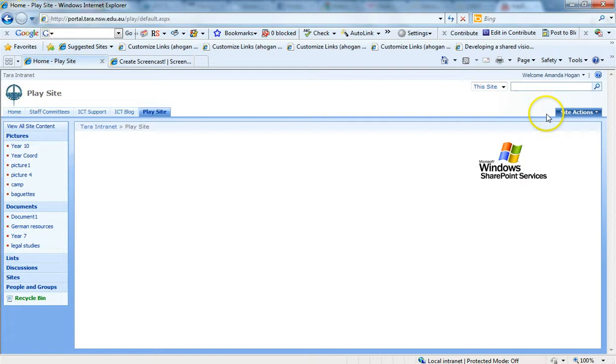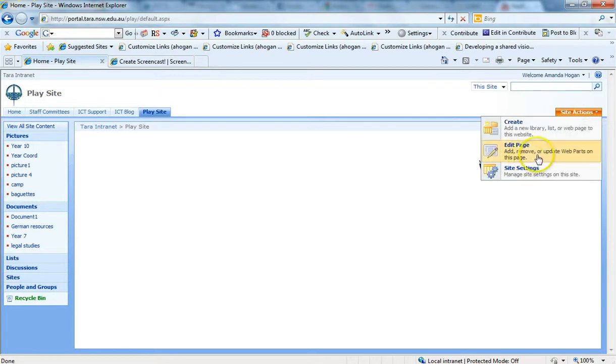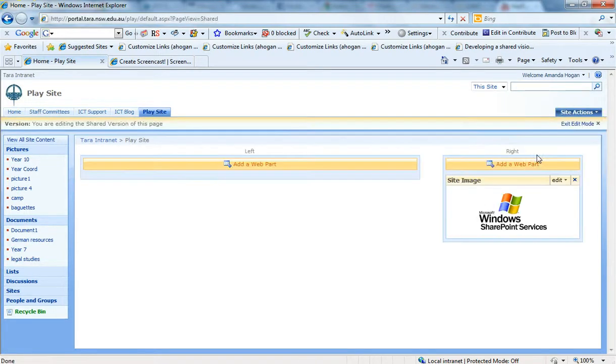Okay, so the first thing I want to do is go to Edit Page, and what it does is it brings up these two areas. So there's a left area and a right area, and they're labeled. And that's where the content for the website goes. Now you'll notice that it says add a web part, and that's a button on either side, and web parts are